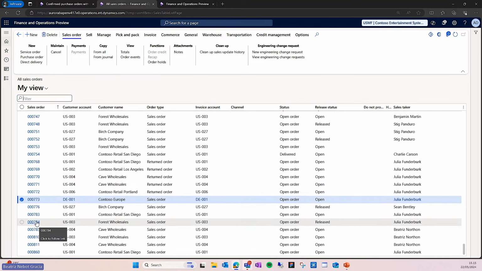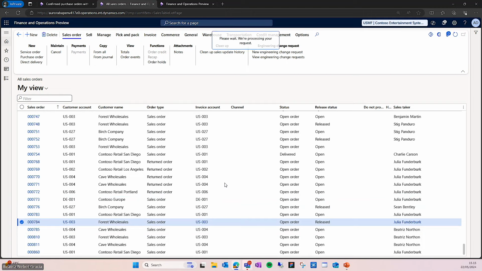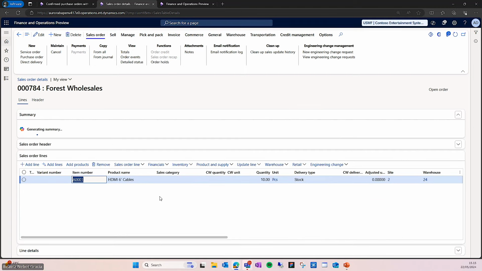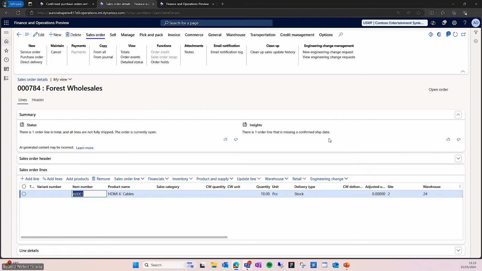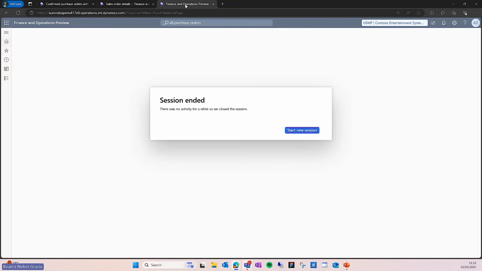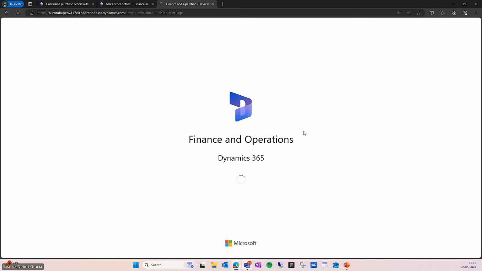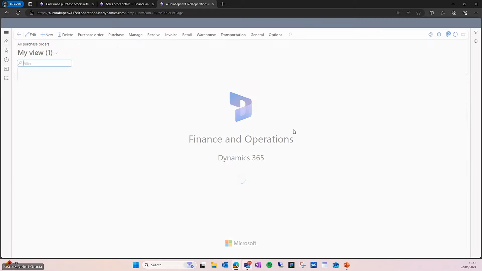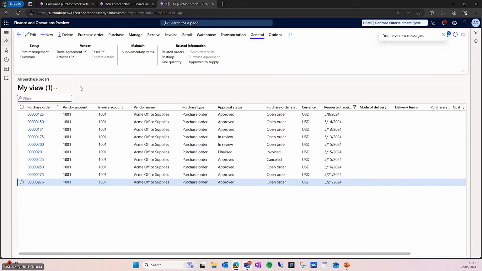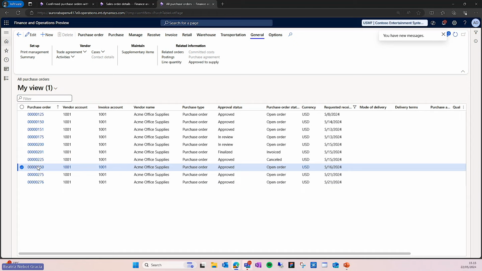But let's take a released one. And we have it right there. Same parallel example on the purchase order. I have my list of purchase orders and then just opening